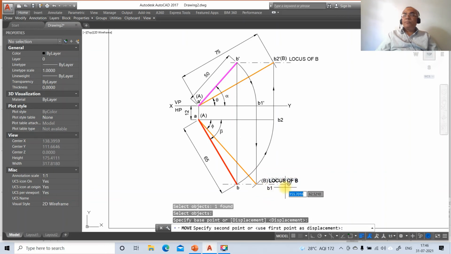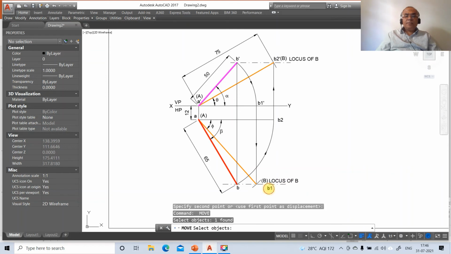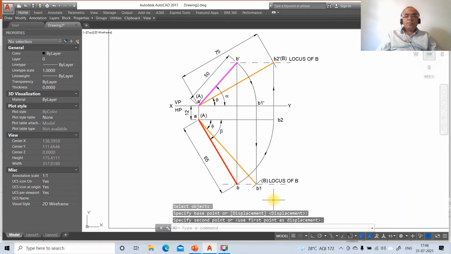This is going to be the locus of B, and this will be B1,